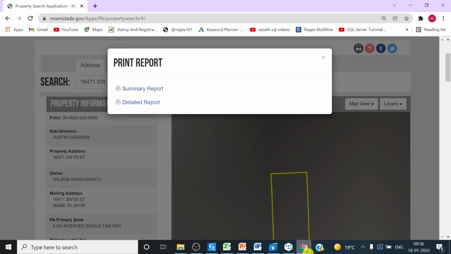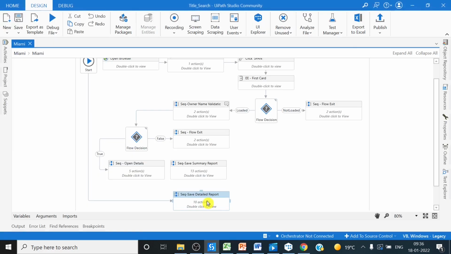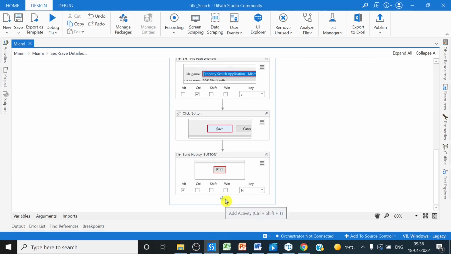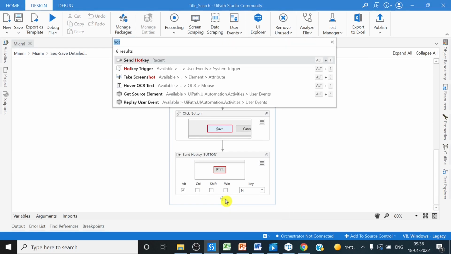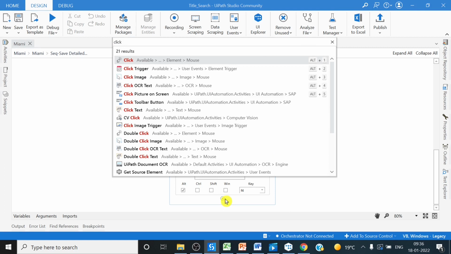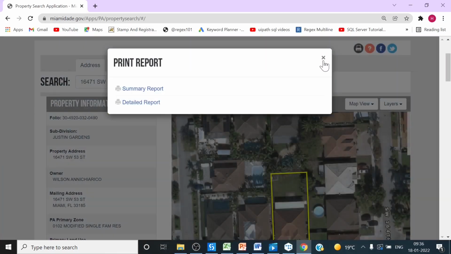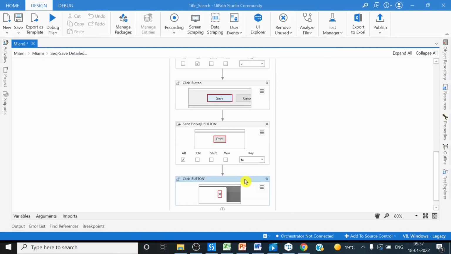One step which I have missed is to close this pop-up in both the sequences. So let's do that now. So after that window is closed, I have to close this, indicate this close button, Control C, go outside